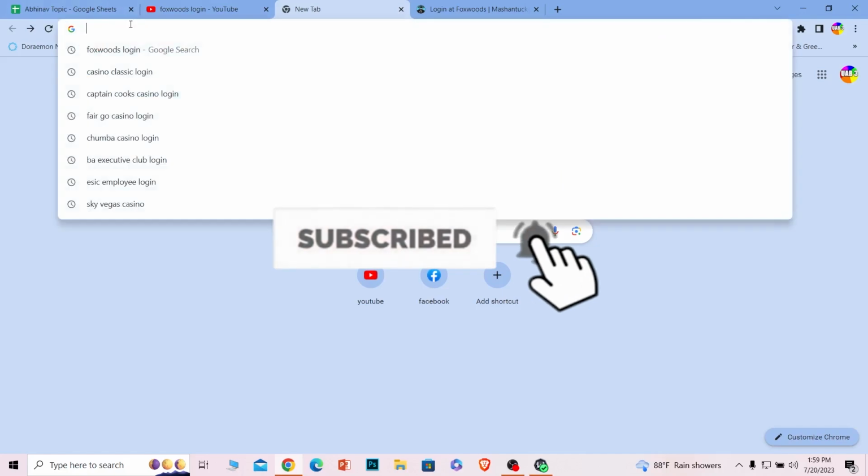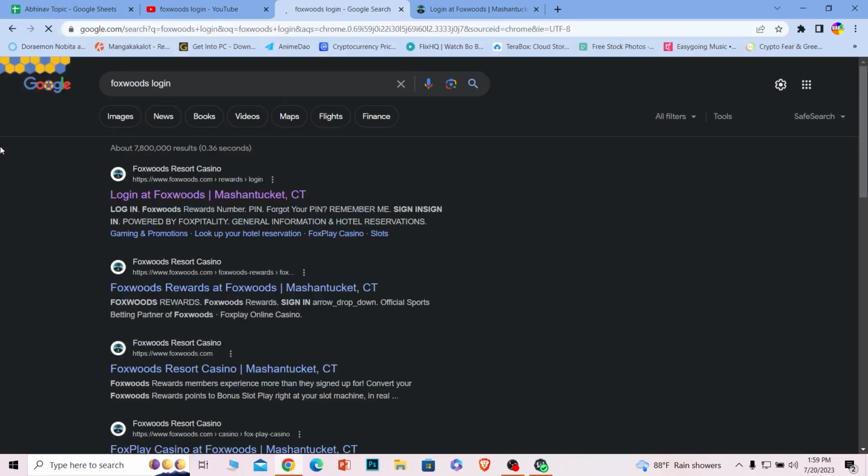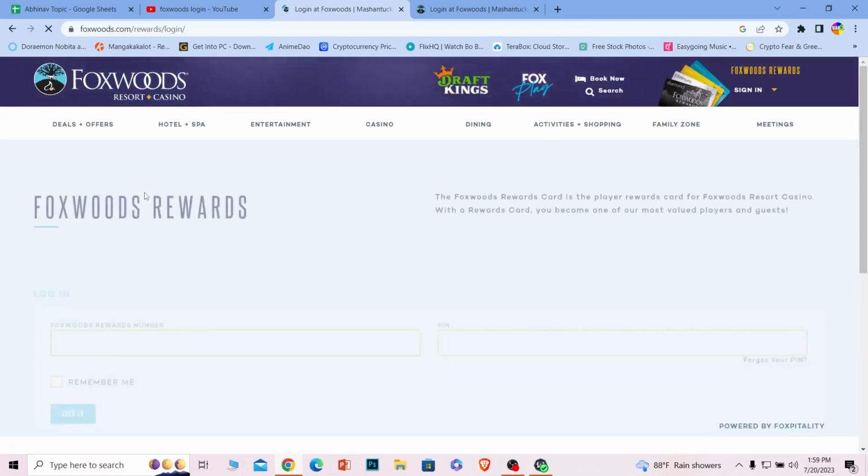Let's move on. First step, over here where it says search, you want to search for Foxwoods login just like this. After you search for it, the first option over here where it says login at Foxwoods, you want to click on it, and it's going to take you to the official login page of Foxwoods, which is going to